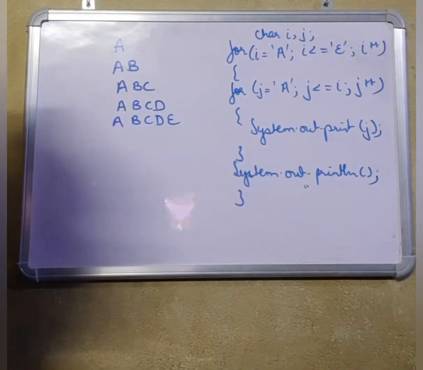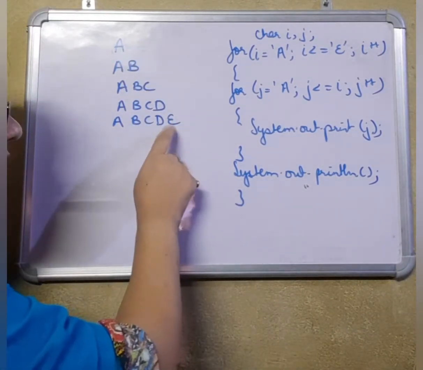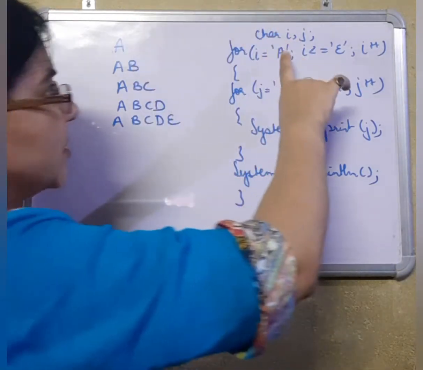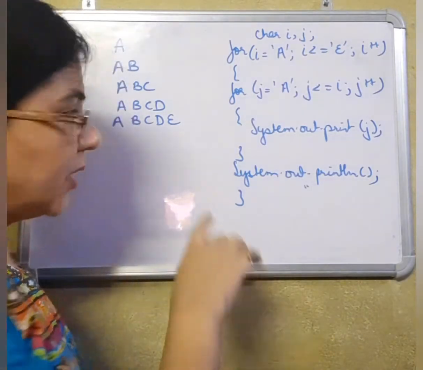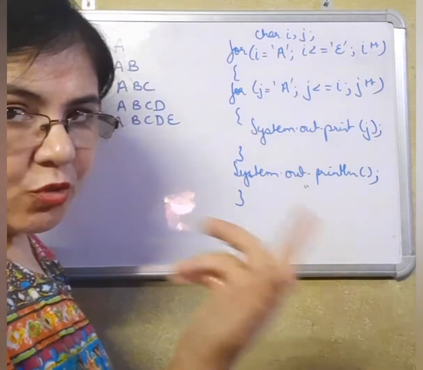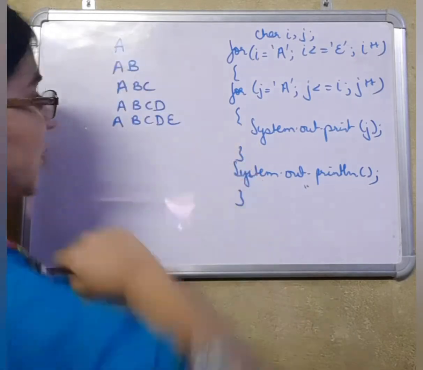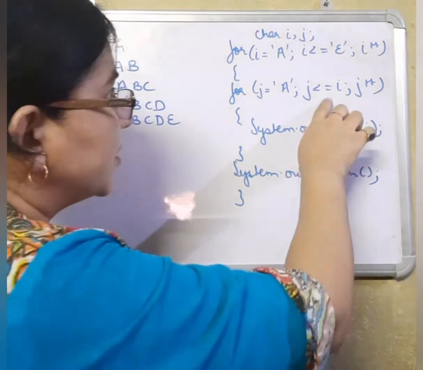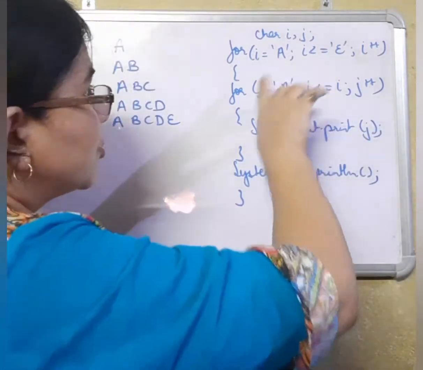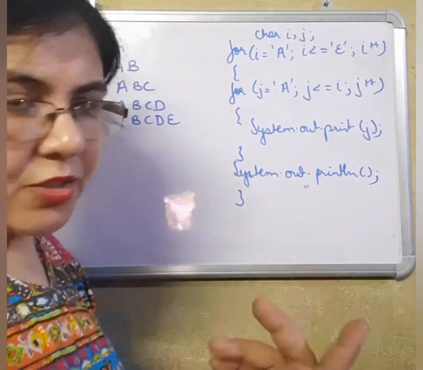Here also we are looking at the last limit of the first line, A, and the last limit of the last line, E. So the last value of the first line was A, so I is equal to A, and the last limit of the last line is E, and A is less than or equal to E, I plus plus. J will look at the starting value of each and every line, that is A, and it will always depend on I. Then we can print J. So if you keep on incrementing, A automatically becomes B, then it becomes C, and so on.